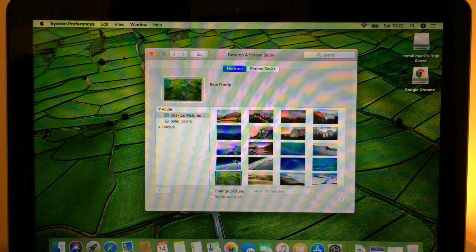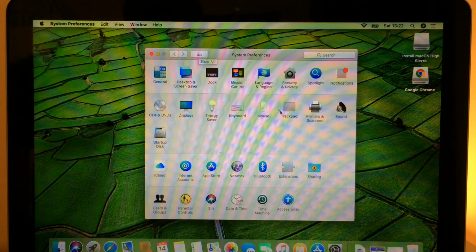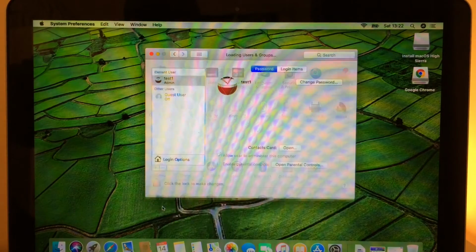That's changed now. So if I click on this tab here, it's going to open up the system preferences again. If you want to change the language, that's what you need. Security, Bluetooth, network to change the IP addresses and all that. Okay, to add another user to this system, I'm logged in as an administrator, so I can click on users